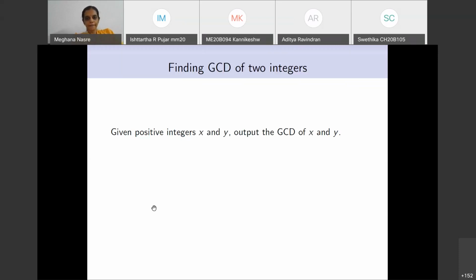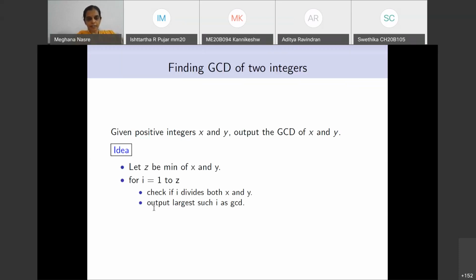So I'll start with a very, very simple idea, which is our high school method that we learn. We know that the GCD is the largest common divisor. Of course, we have this method of computing the factors and so on. We are not going to go into that method, but we are going to find the minimum of these two integers, x and y.